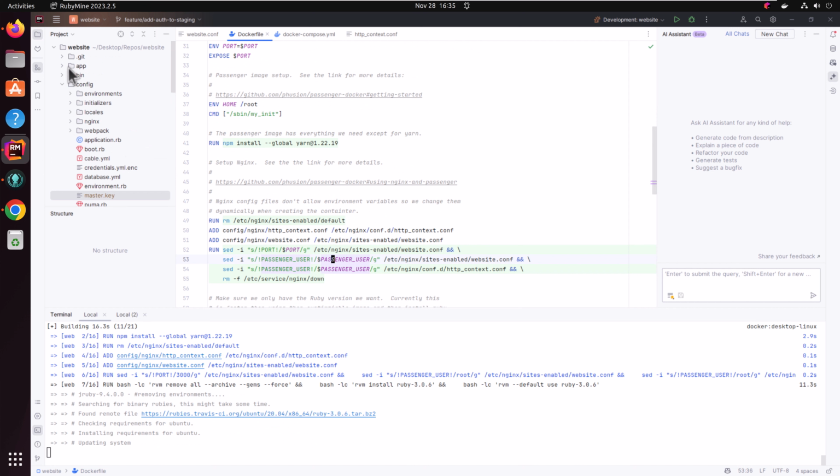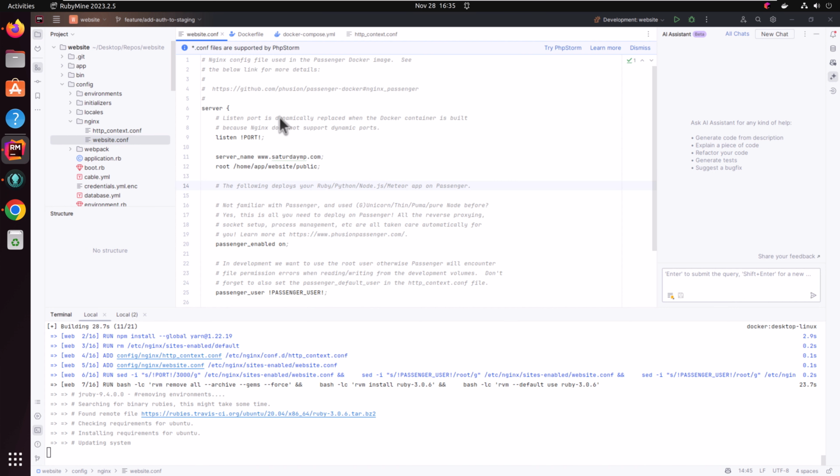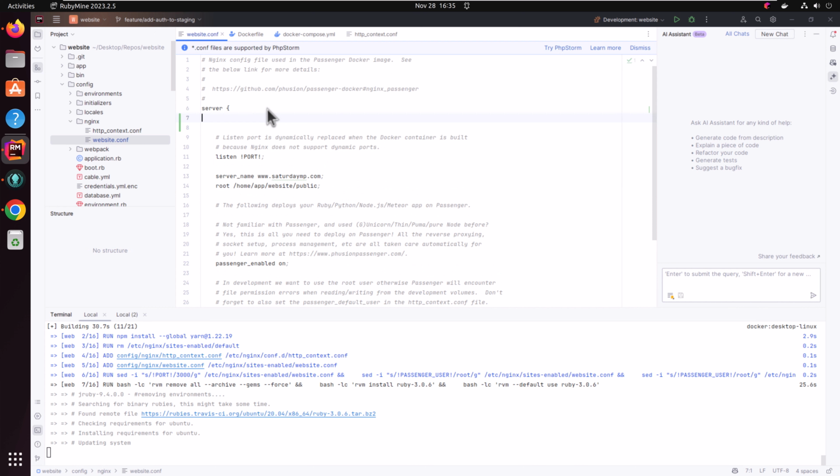Well, we might as well start adding, because I was just going to show what we're going to add to the file, but let's just add it right now. So if we go look at the NGINX, my website file. Basically we're going to add, and this is again from that help file, because I can't remember the exact thing to add. We need to add two things. We need to add auth basic,